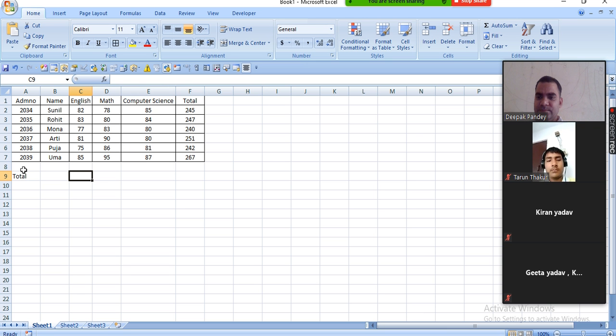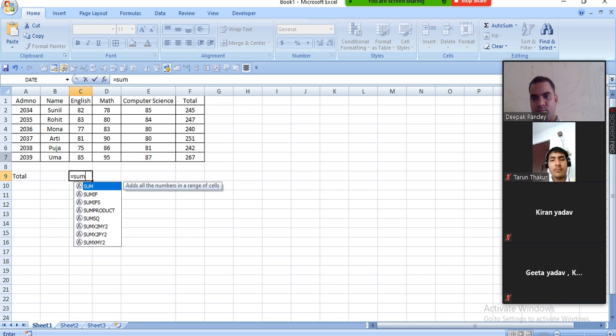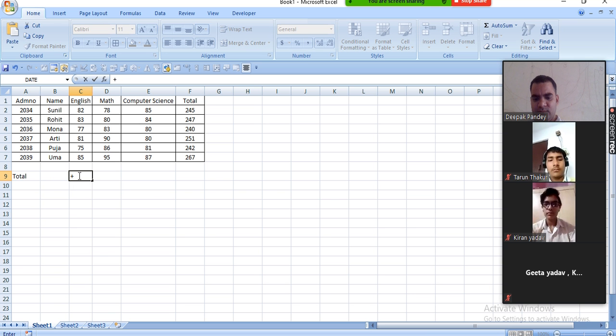Let's put the AutoSum formula. Apply the range. Just wait for a minute. And hit enter, and we can drag it.